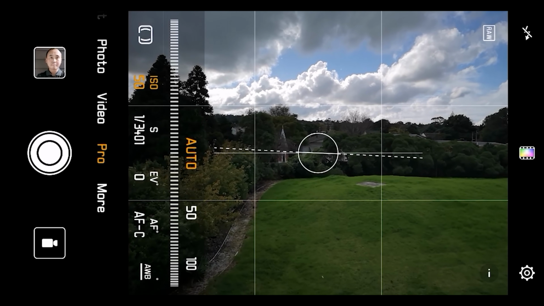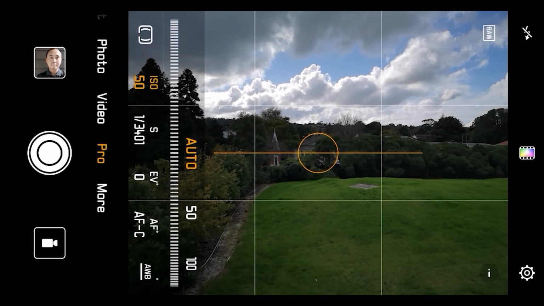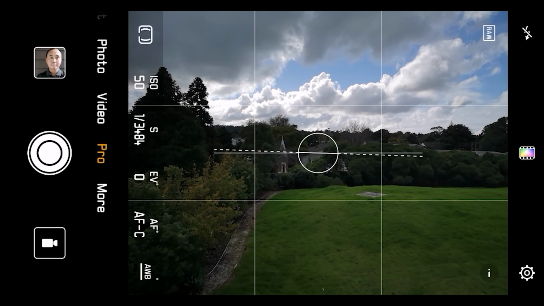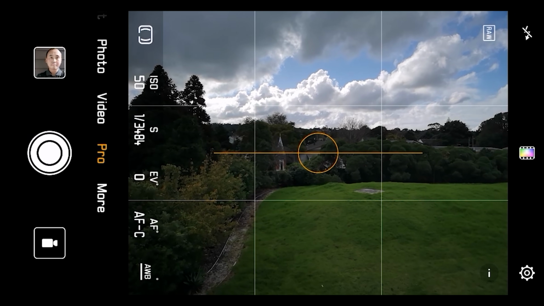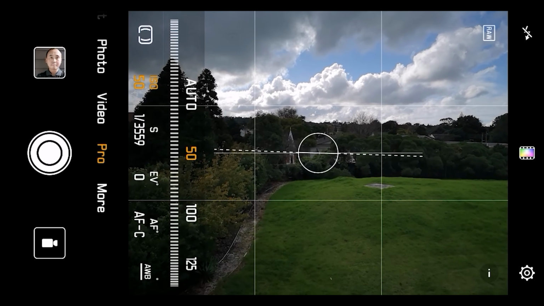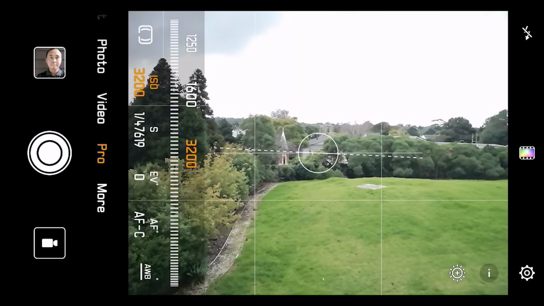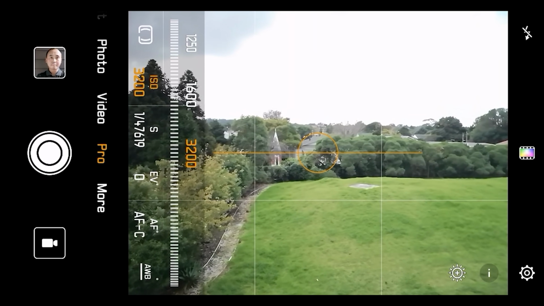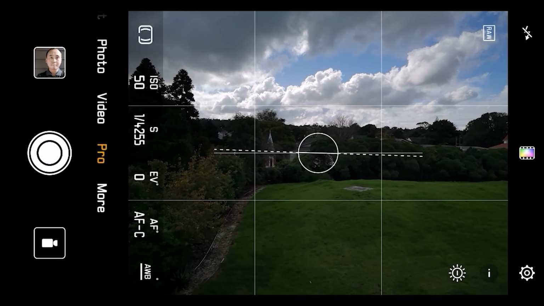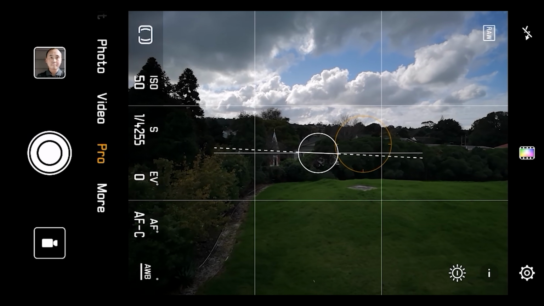Now the next one is the ISO. It just tells the camera what ISO you're using. ISO means how much the camera is trying to boost the signal that it receives. A lower number means the image quality is better. A higher number means you can capture photos in dark areas, but the image quality won't be as good. Normally, I leave it on auto because the camera does a pretty good job in determining the correct ISO that I need for the photo.